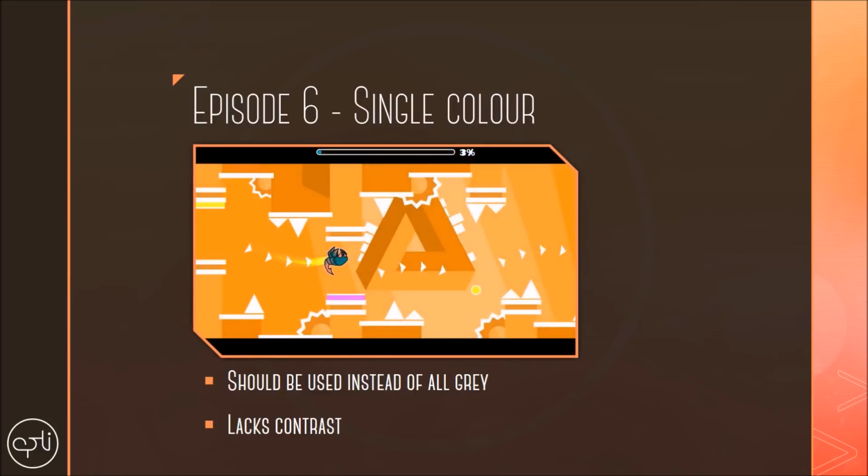You can see this color scheme used by Motley Orc in many of his newest levels. So if you're into this color scheme, you should definitely go check him out. Links in the description. The only issue I have with this approach is that it sometimes lacks a bit of